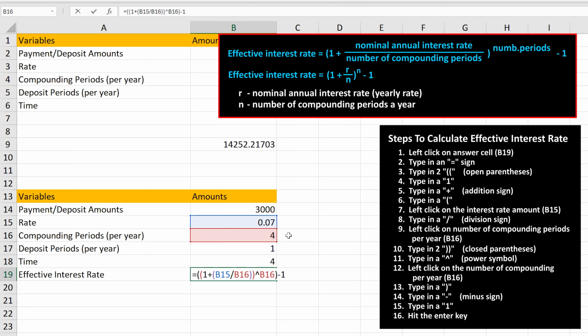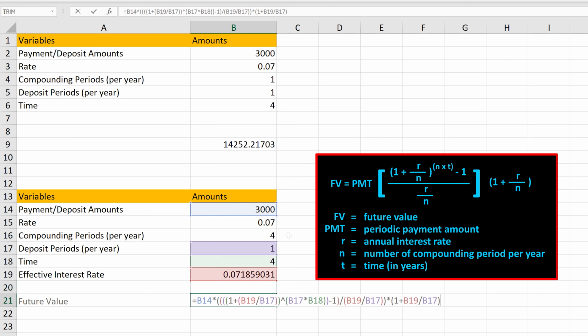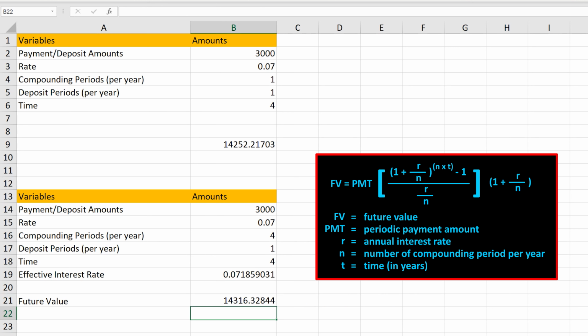From here, we hit the enter key, and we have our answer of 0.071859. And now we're ready to enter the formula, which I've done already. The only difference from the first example is that we're using the effective interest rate in place of the annual interest rate. So the formula is written exactly the same with only that difference. I'll hit the enter key, and we have our answer of $14,316.33 rounded off. You can see that this value is greater than the first example, and that is because of